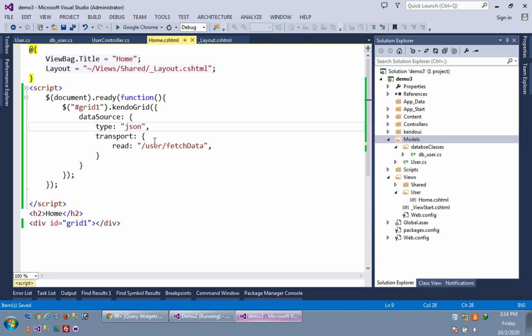Okay, there is one more option. You can return XML of your list. At that time what will be here is OData. Like previously it was OData, right? OData is for the XML data type, and JSON is for the JSON data type. Okay, so now testing this much portion.